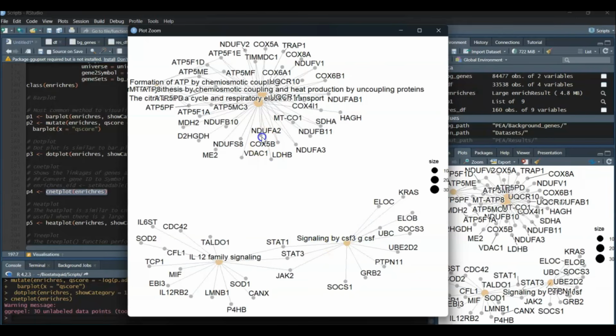So obviously the names of the pathways are a bit too long for this to be pretty, so you might want to shorten them if you're plotting them, but anyway, each node is a pathway, and then they have lines coming out that point to all the genes associated to that pathway. So this way we can easily identify clusters of genes that may share common biological functions or participate in the same molecular pathways. For example, in this lower cluster, we see that STAT1, STAT3, and JAK2 are upregulated genes in patients with a severe reaction to COVID that are both shared by the IL-12, interleukin-12 family signaling pathway and the signaling by CSF3,